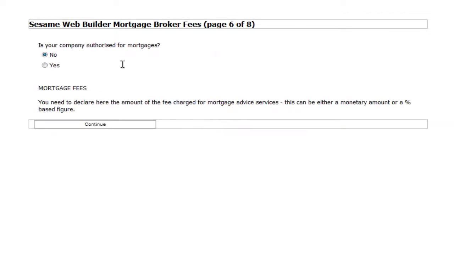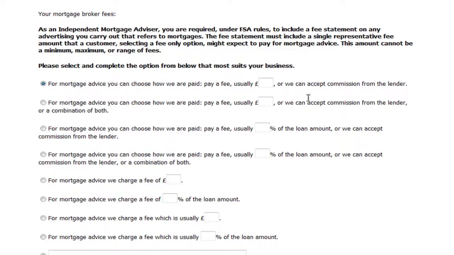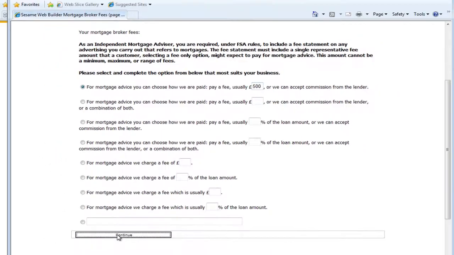Now I decide if I choose mortgage fees or not. If I do, I simply click the select button. It gives me a set of options here that are all pre-approved, and I'm going to say I charge £500 for mortgage advice, or I can put in my own statement, but I'm going to choose that one. I click next,